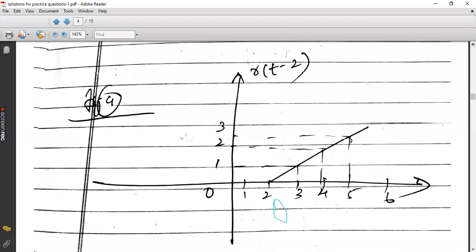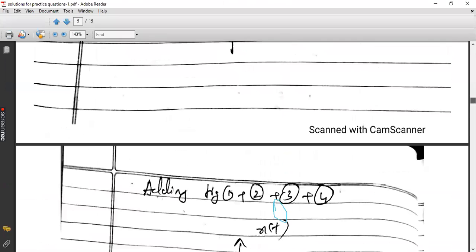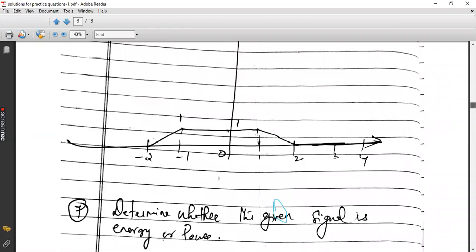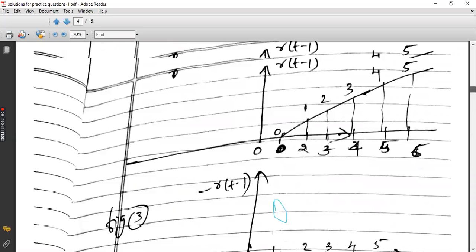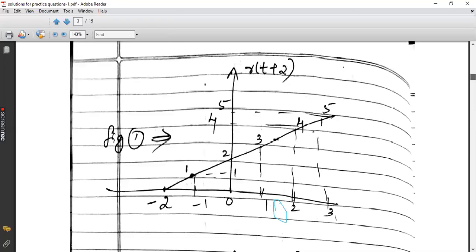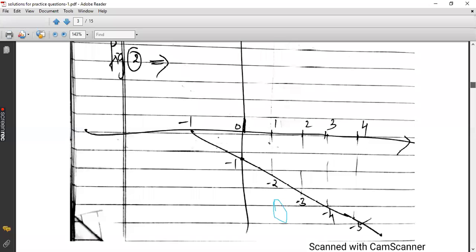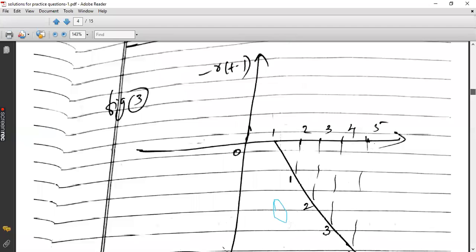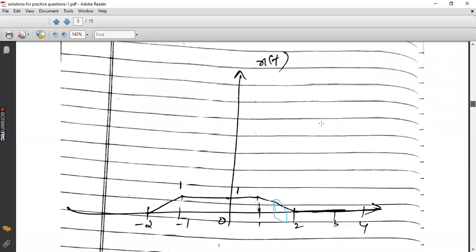Now we will add all these figures and see. We'll start from which extreme value? When you check all these figures, the most extreme value that you have is from minus 2 to minus 1. In figure number 1, you will have this signal from minus 2 to minus 1 that will end at 1, isn't it? The amplitude is 1. But when you check figures 2, 3 and 4, you don't have any signals from minus 2 to minus 1. So when you add all the 4 terms, the signal that you get will appear like this. From minus 2 to minus 1, you will get this ramp signal.